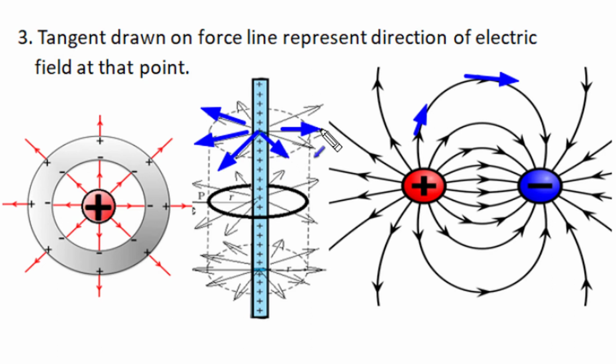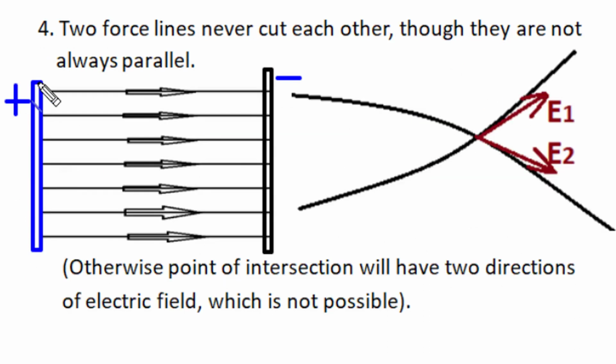In case of straight force lines, that of an isolated positive charge or a uniform charge density line charge shown here, whereas this field has variation of directions as per curvature. Between a positive charge and a negative charge parallel plates, the electric field is uniform and it is indicated by parallel equidistant lines as shown here. But if the electric field is not uniform and force lines are not parallel, even in that, two